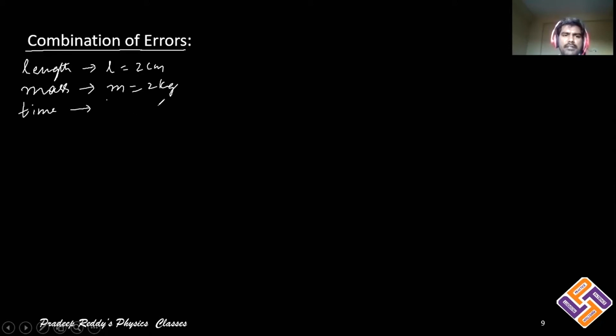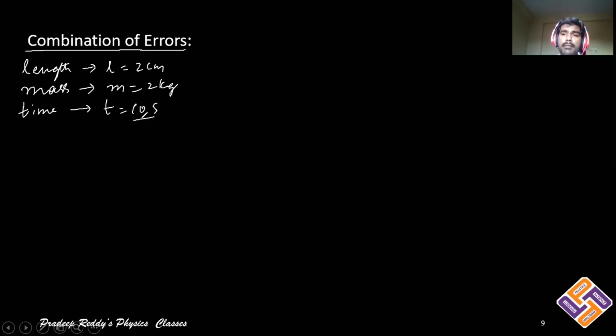If you are measuring length, length is only a single physical quantity. You will be getting some L as 2 centimeter, 3 centimeter, whatever it is. Mass you can measure, M is equal to some 2 kg, 4 kg, any value you may get. Similarly, time, which is a fundamental quantity, you will measure as 10 seconds, whatever the value is. These are all fundamental quantities. If you are measuring fundamental quantities, we do not have any problem. We simply use the model we discussed earlier to find the errors.